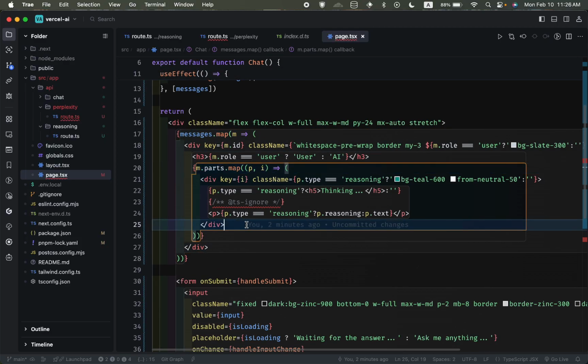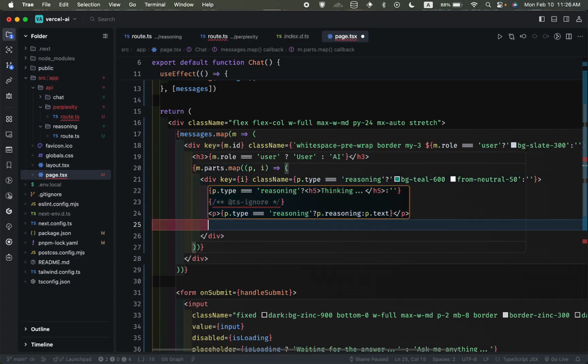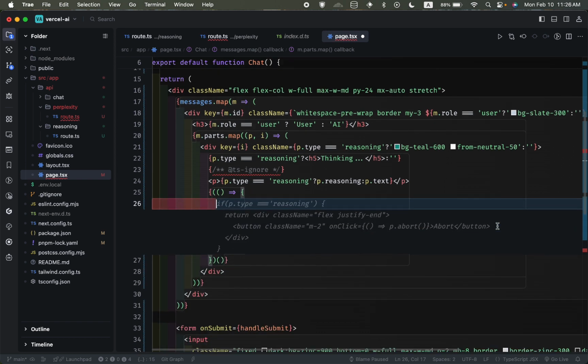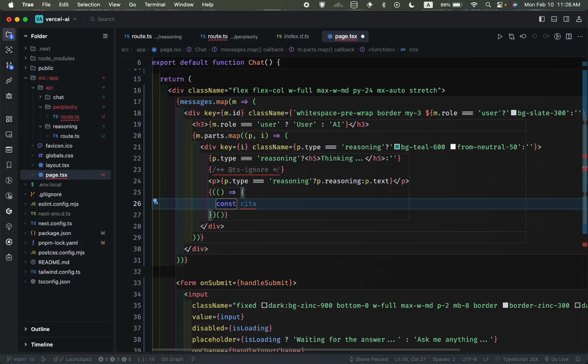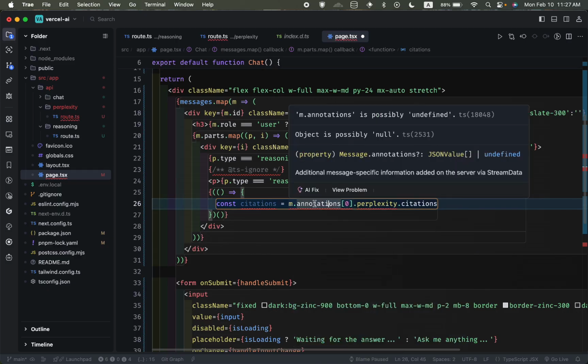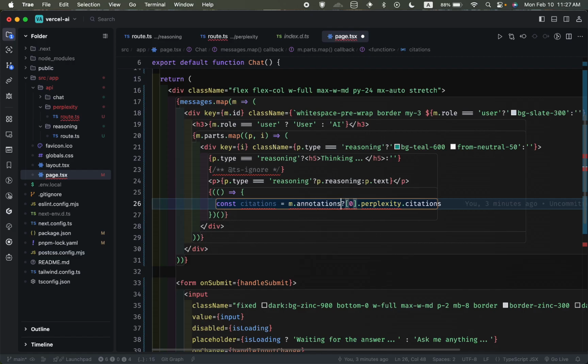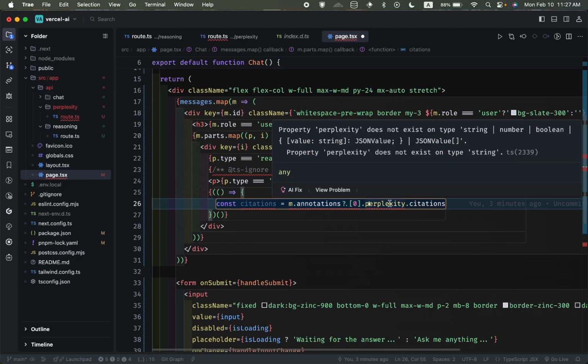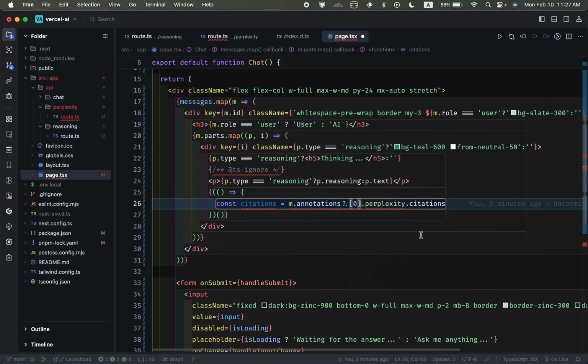Let me create a JSX function, const citations, messages. aim dot annotation can possibly be null, annotations, aim dot annotations, perplexity 0. Sorry,